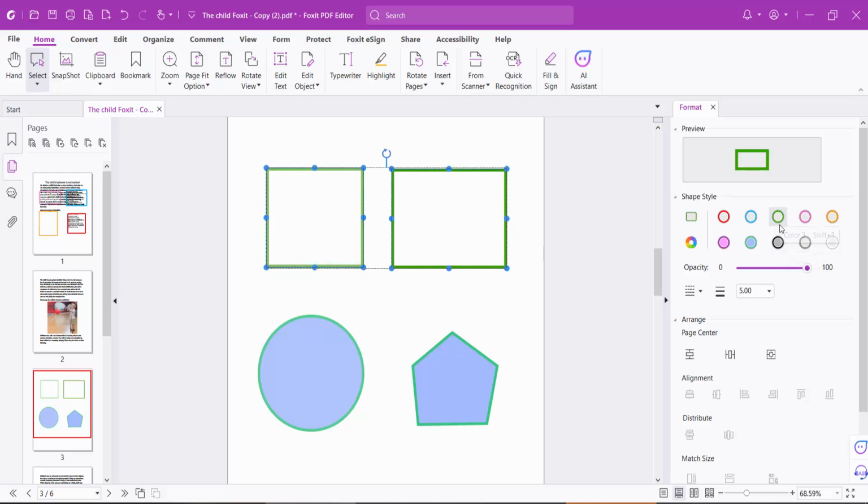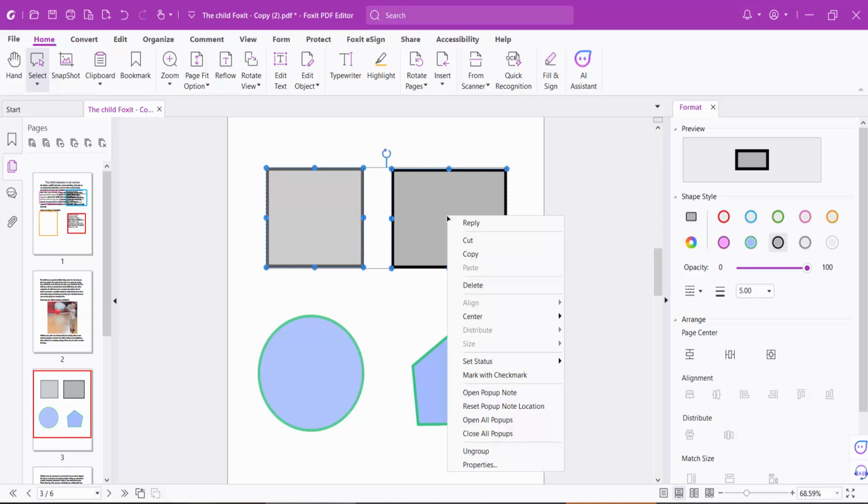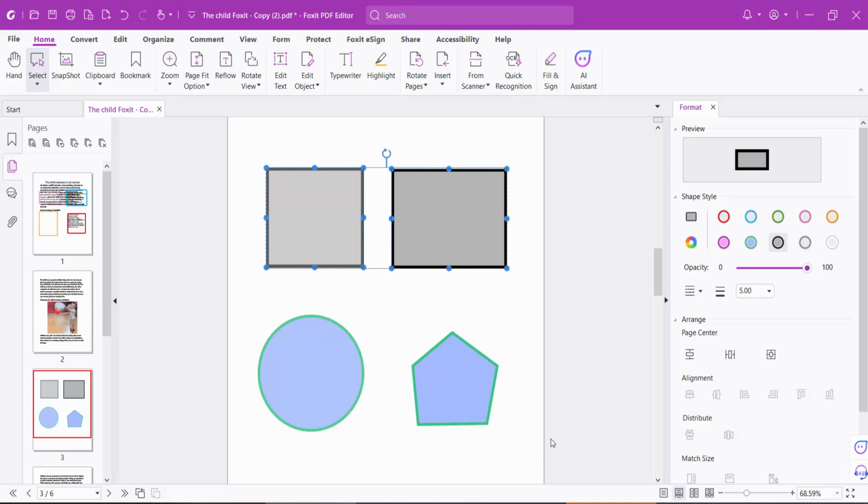See this, and simply select and press right button for your mouse key and select ungroup. Now click here and see this one by one now selected. You can change it,